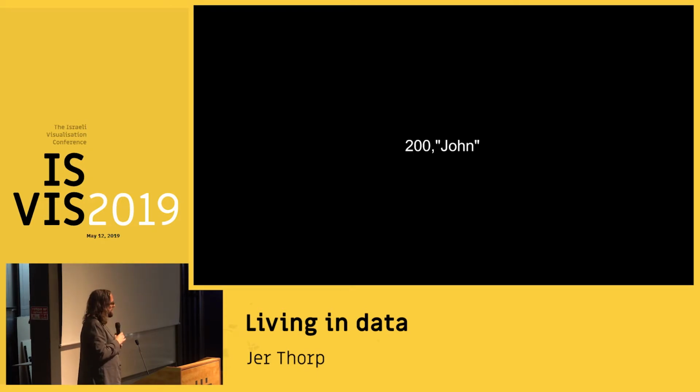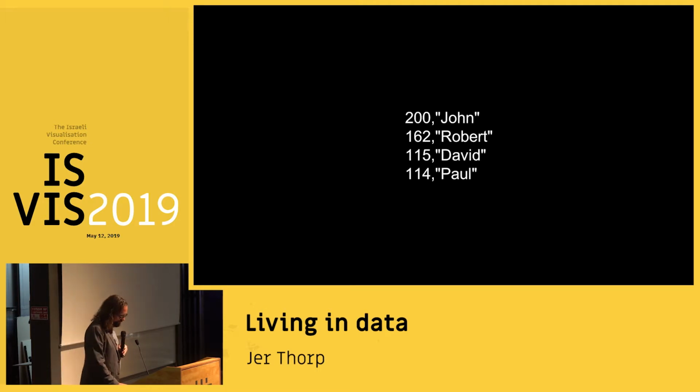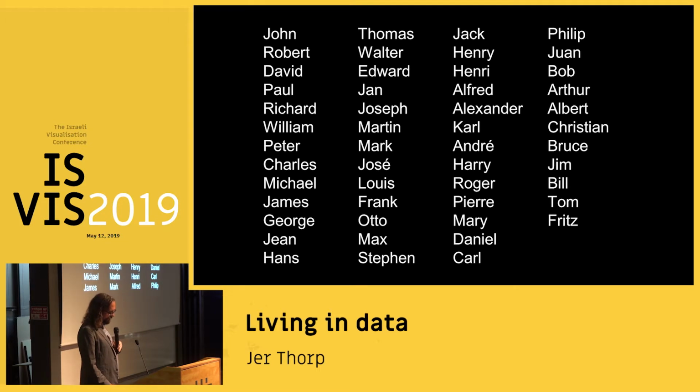Mark Hansen, who's a statistician that I work with a lot on some of the projects that I'm showing you here, asked a really simple question of the data, which was, what is the most popular first name of an artist who has work in the collection? And the most popular first name of an artist that has work in the collection is John. There are 200 of them. These are the most popular 4. These are the most popular 40. Give you a second to find Mary there over on the right.